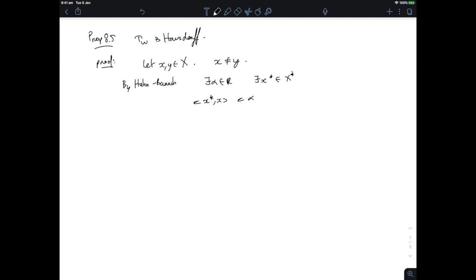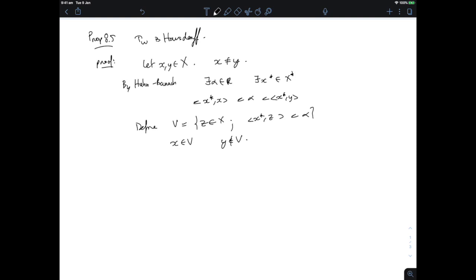So I'm separating the single point x from the single point y, and <x*, y> is greater than alpha. Now I'm going to define V to be the set of all those z in X such that <x*, z> is smaller than alpha. So x belongs to V and y does not belong to V,